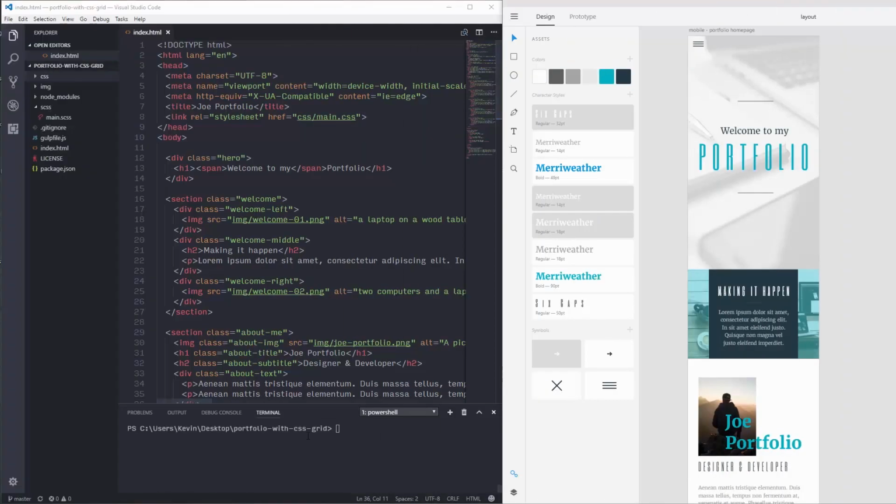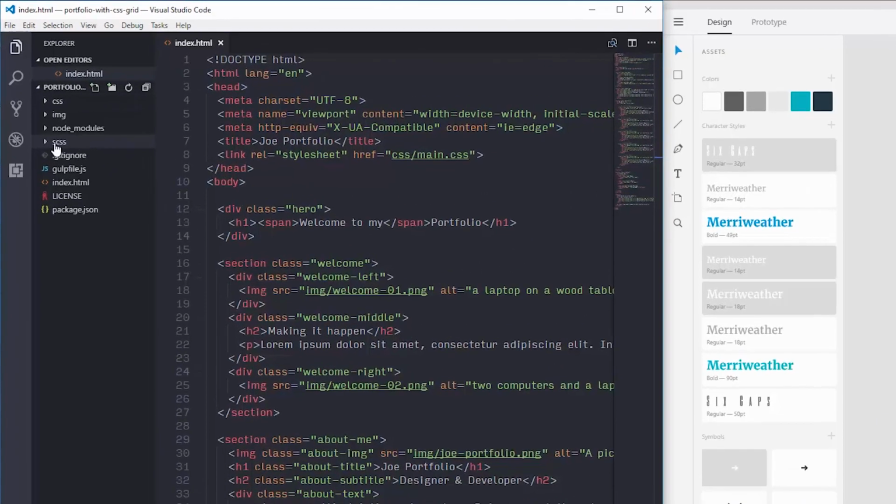Now, one thing that's important is I've stopped my gulp build. If your gulp build is running because you're following through this series and you are using the gulp like I have set up, hit Command or Control C to stop it. I realize there's a little bit of a bug in the build that I put together, whereas if I create a new file, it won't watch for changes in that new file if this was already running. So I've already stopped that gulp build, and what I'm going to do now is come into my SCSS folder here,